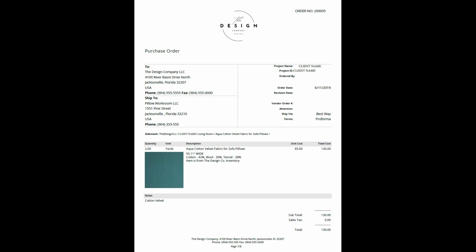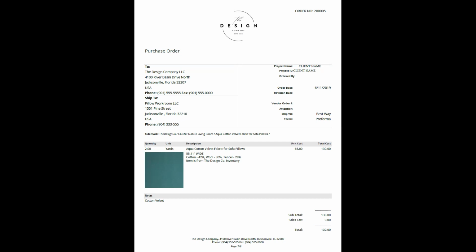So just to recap, the three materials are coming from the manufacturer, in this case the design firm, and going to the pillow workroom, where they will be gathered until all of the materials are there. It's the designer's responsibility to make sure that the purchase orders are correct, that the products are paid for and shipped on time, and that the correct products are received at the pillow workroom before the pillow workroom gets started on creating the pillows.